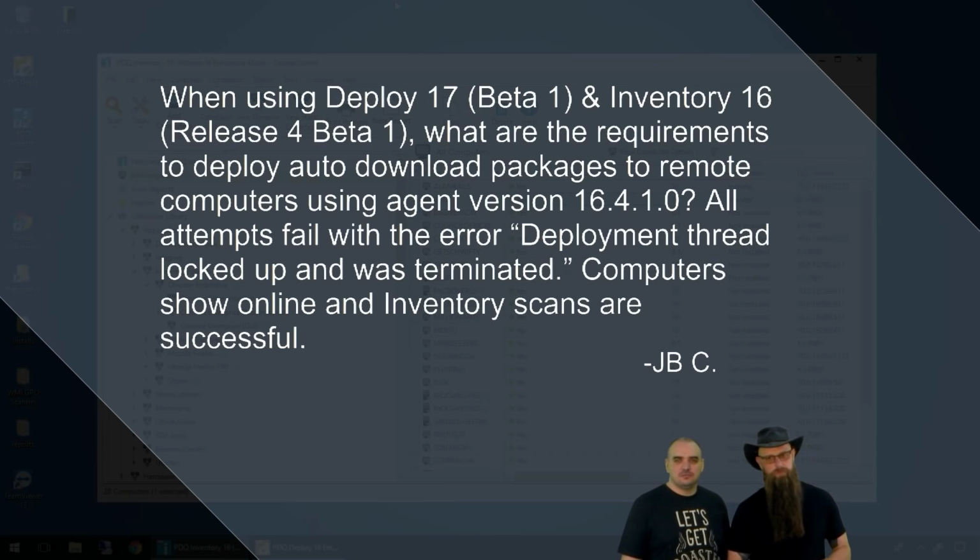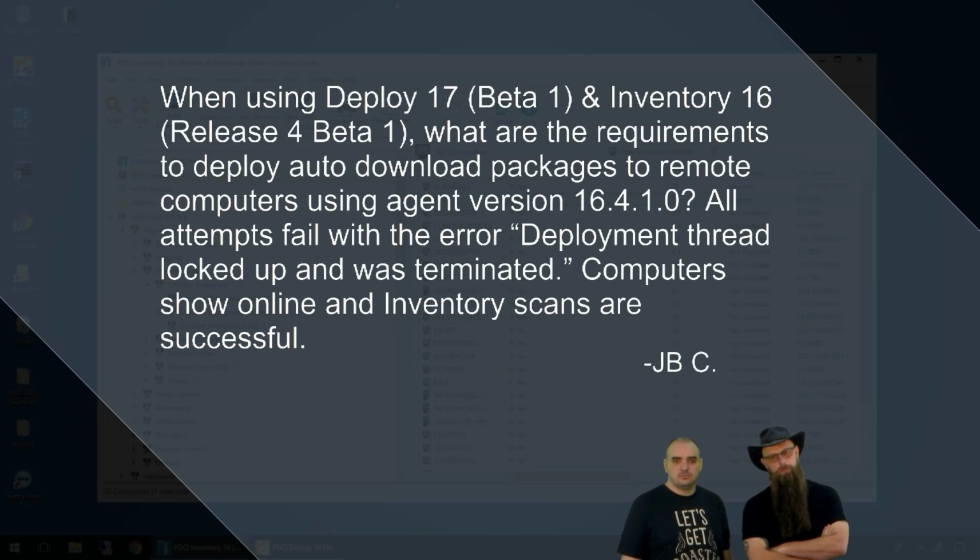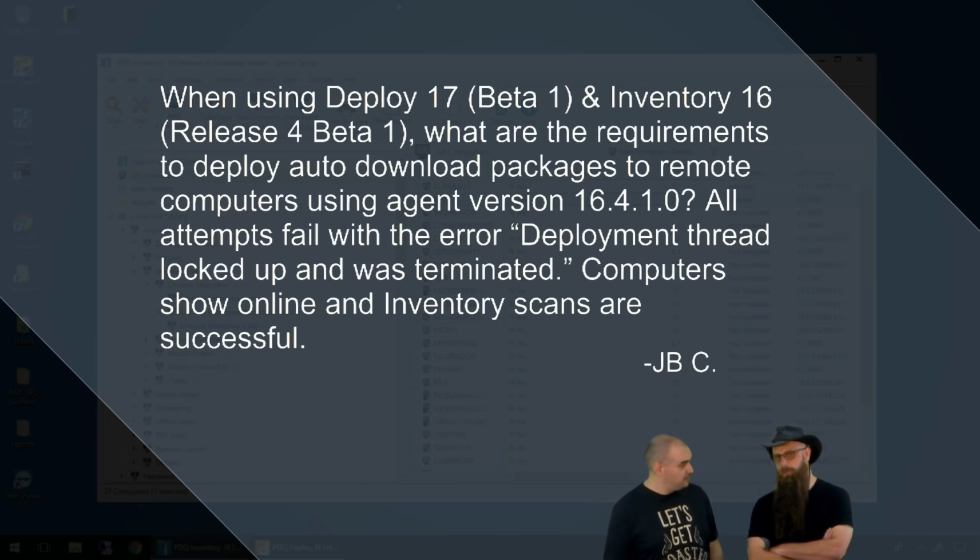Dear Shane and Jordan, when using Deploy 17 Beta 1 and Inventory 16 Release 4 Beta 1, what are the requirements to deploy auto-download packages to remote computers using Agent version 16.4.1.0? All attempts fail with the error deployment thread locked up and was terminated. Computers show online and inventory scans are successful. Thanks, JBCDEFG. Based on the question, it looks like he has everything he needs, so we may have encountered an issue with the beta. A bug? Yeah, a bug. If you wouldn't mind sending that into support. We certainly have seen successful deployments